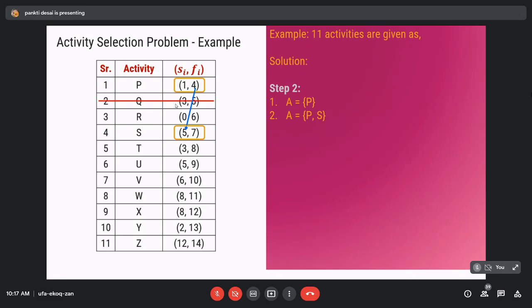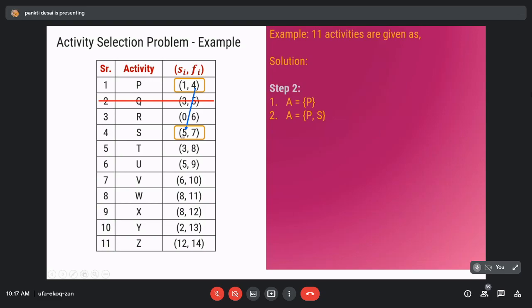We cannot select activity T in solution set A because the starting time of T is 3 and the ending time of the previous activity, S, is 7. Until the previous activity you added in the solution set finishes, you cannot start the next activity, because right now your resource is allocated to this particular activity.